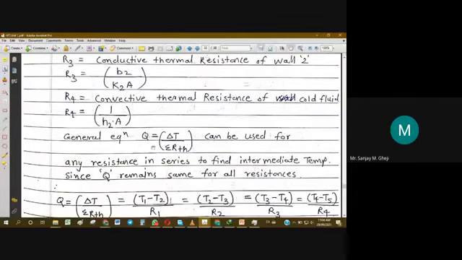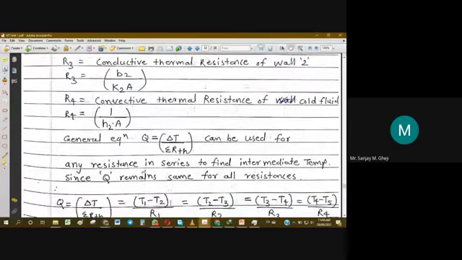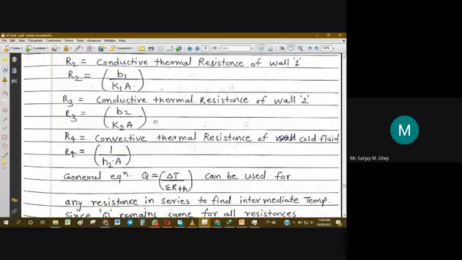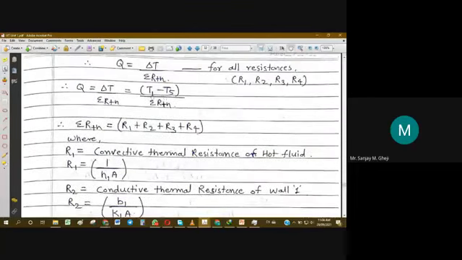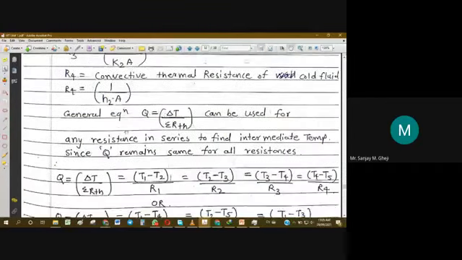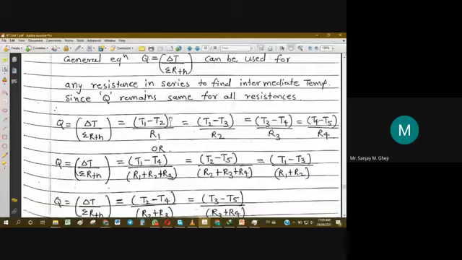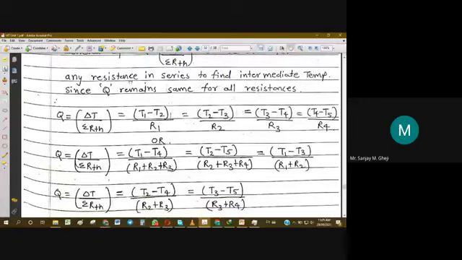So now we can add up all these four resistances, R1, R2, R3 and R4, and by adding that we will get summation R thermal. And if we are given some numbers, we get some value for summation R thermal, and temperatures are given, so T1 minus T5 can be taken, and if we do this calculation we get the rate of heat transfer through this composite wall.